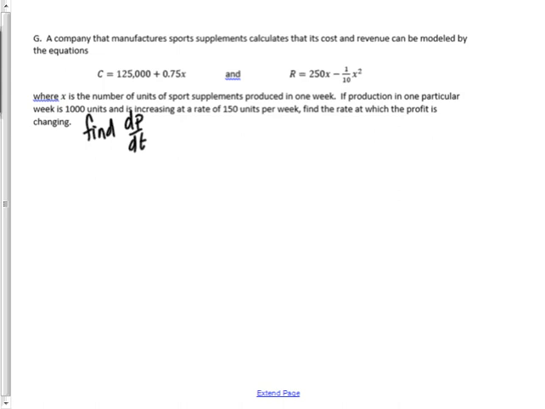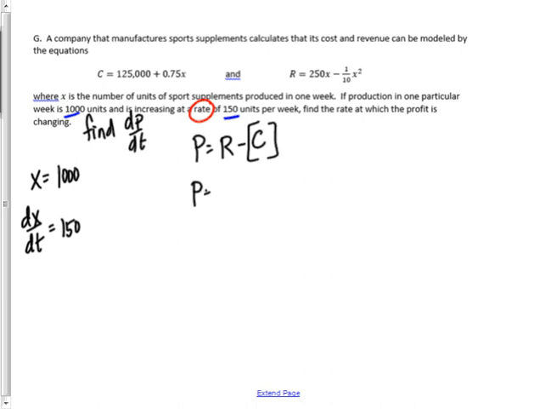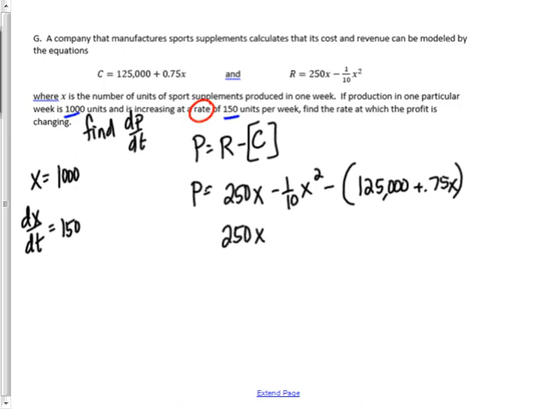Okay, it gives me 2 numbers in here. I get 1,000 and I get 150. One of them is x and one of them is dx/dt, and the one that has the word rate in front of it is the one that's dx/dt, and so that makes the x the 1,000. So before I can find dP/dt, I have to actually find profit. Well, profit is revenue minus cost, and remember we want to bracket off that cost, so we distribute the negative. So revenue would be 250x minus 1/10 x squared minus the cost, which is 125,000 plus 0.75x. So if we distribute the negative,